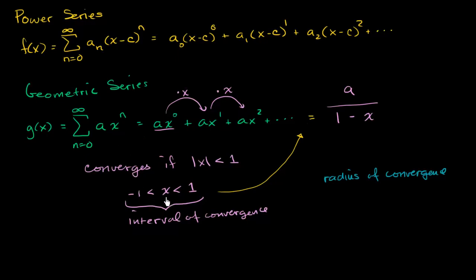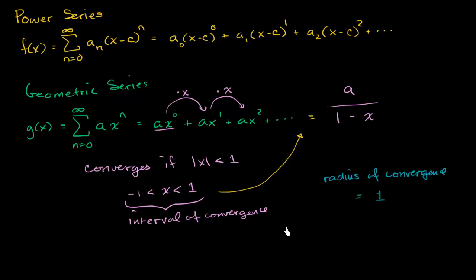Well, you see it right over here. As long as x stays within 1 of 0, so as long as it can't go all the way to 1, but as long as it stays less than 1, or as long as it stays greater than -1, so it can stray anything less than 1 away from 0, either in the positive direction or the negative direction, then this thing will still converge. So we could say that our radius of convergence